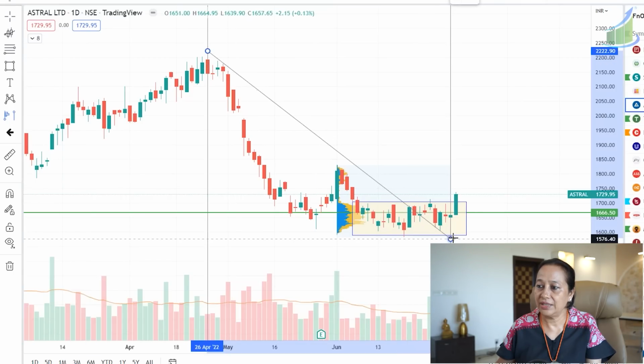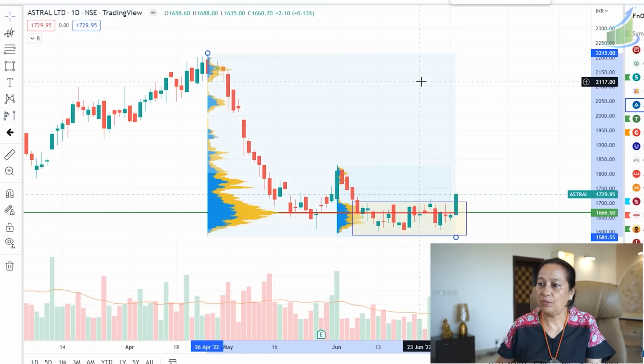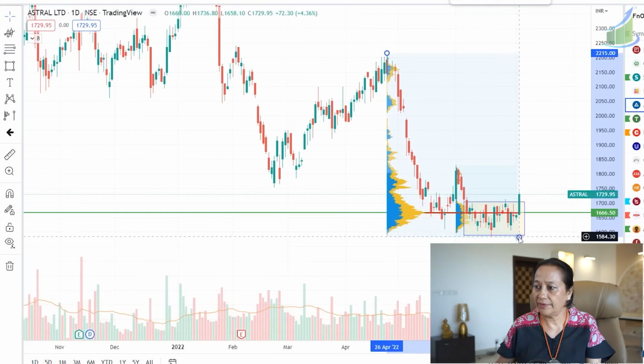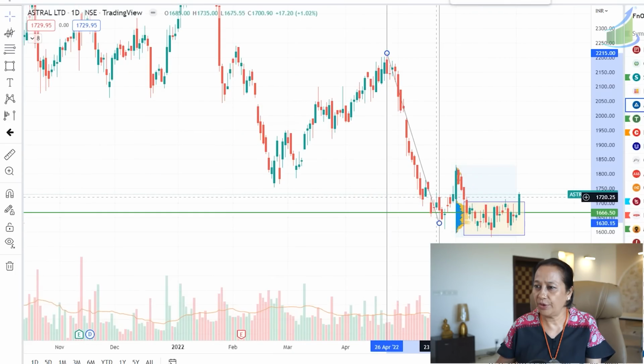Now the next question comes, I want to know for how long this will continue. How long will this continue? So let's see what could be my resistance. The buy price is coming out to be this only. There is not much of a difference. If I reduce it to this point,